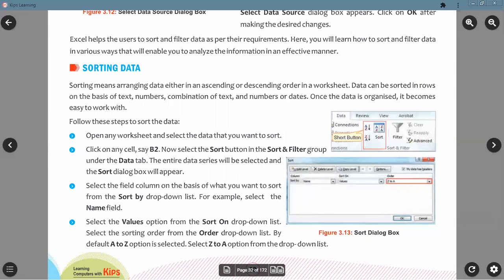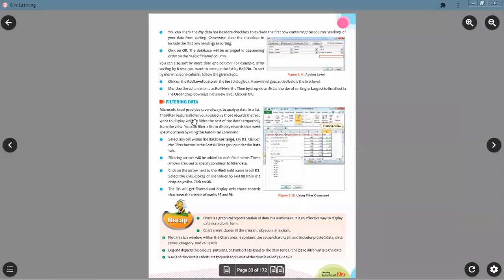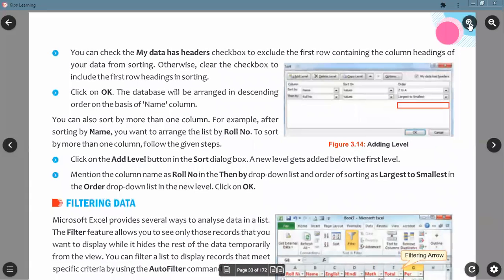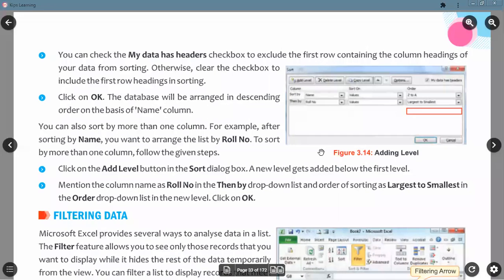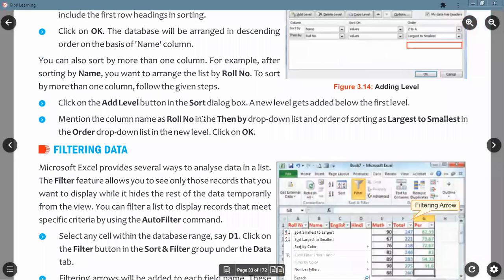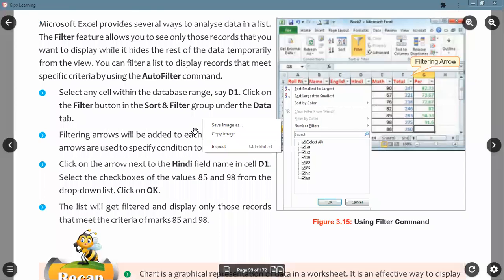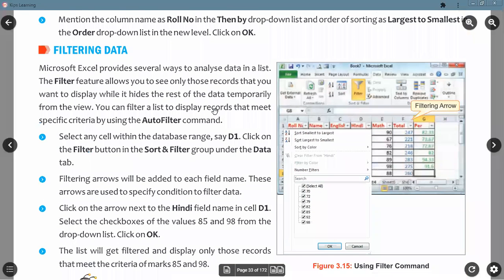Now next, our next topic of today, that is filtering, and that is also the last topic of this lesson. After that our lesson will end. Filtering. What is the meaning of filter? When we prepare our tea, after that we have to filter it to separate the tea leaves, right? In the same way, if you want to separate some important data from a list, or from a bunch of data, or huge data, then we have to use the filter option.